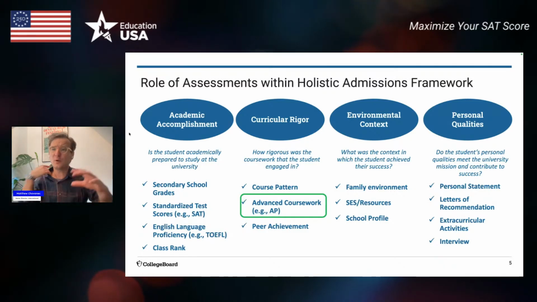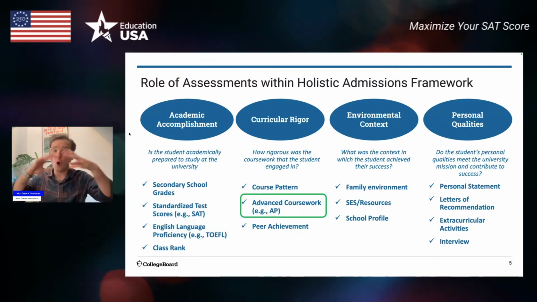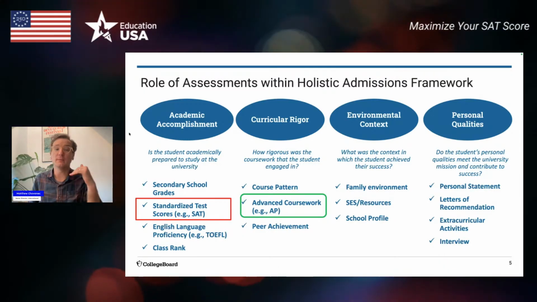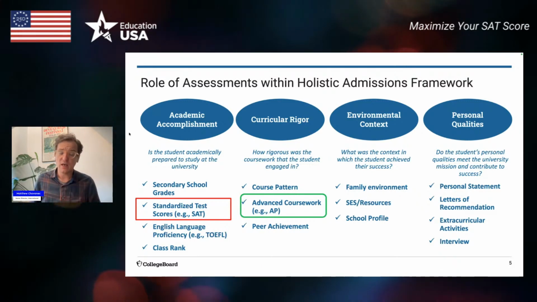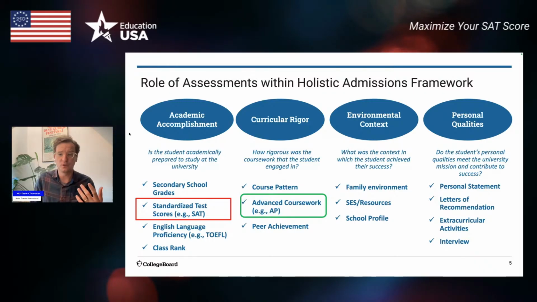letters of recommendation from teachers. So all of these parts come together in what we call a holistic framework, which just means all parts to get a really complete picture of you. But the thing about the SAT is that it helps give a really objective view. So a lot of these things are subjective, they're qualitative, they're about things about you that are intangible or complex.